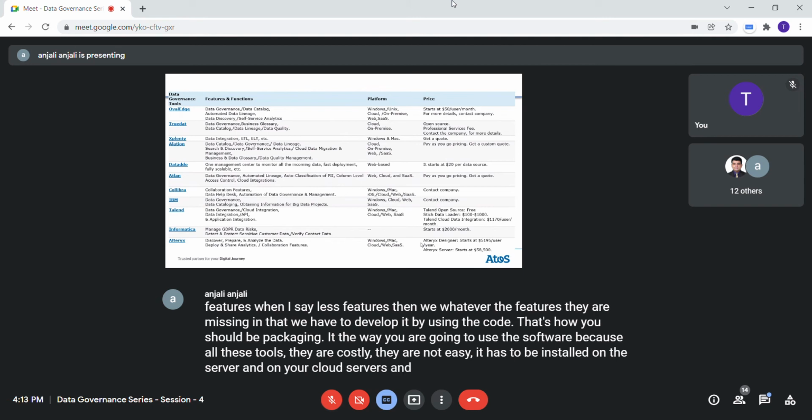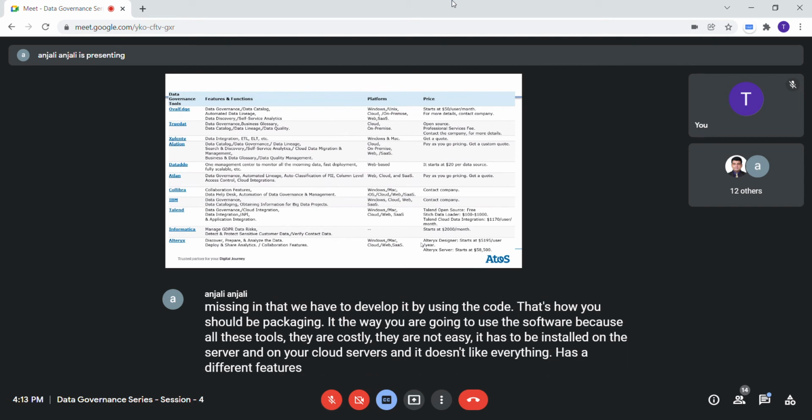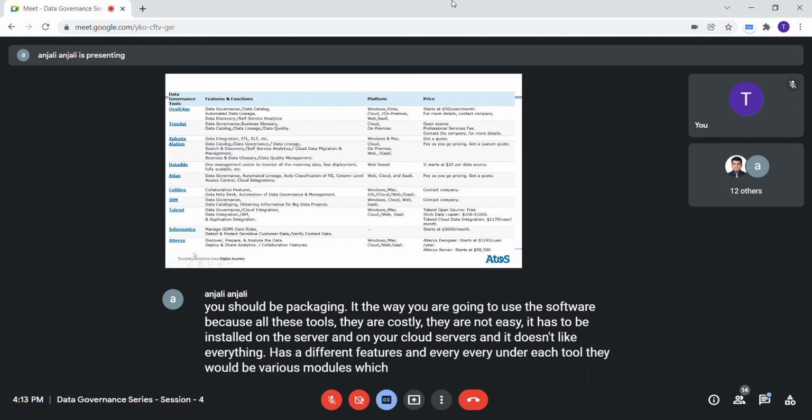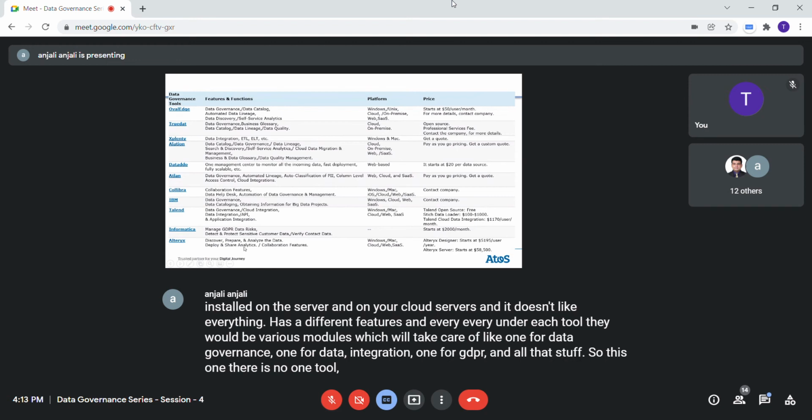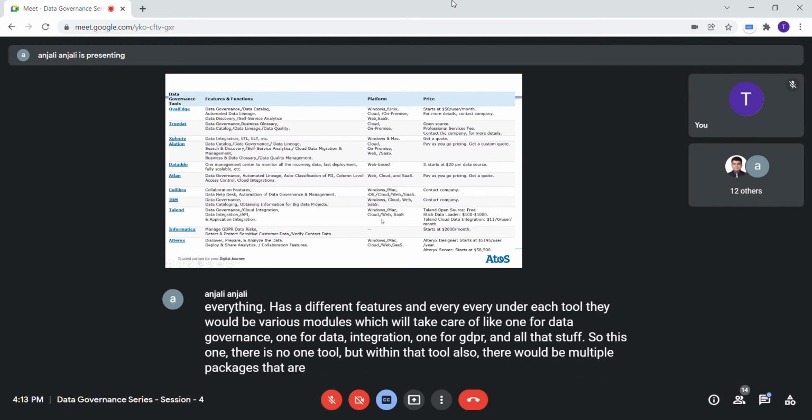Everything has different features, and under each tool there would be various modules which will take care of one for data governance, one for data integration, one for GDPR and all that stuff. So there is no one tool, and within that tool also there would be multiple packages that are available. As I said, for Informatica,